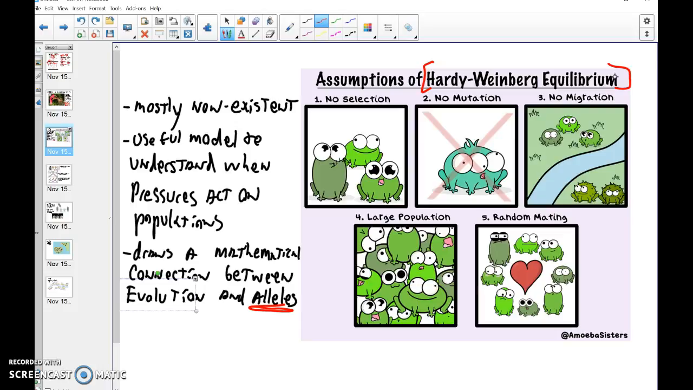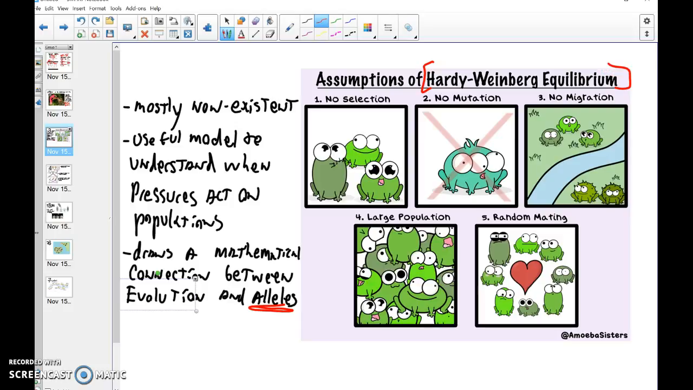Now, what we're going to do is just discuss it as a way to connect evolution to your alleles or to your genes, so that we can talk about how pressure causes changes to those genes. Hardy-Weinberg hardly ever exists in nature. What it is, is a useful model for us to discuss how pressures from nature are affecting an organism's genes. And one of the reasons it doesn't happen in nature is because it requires 5 specific things